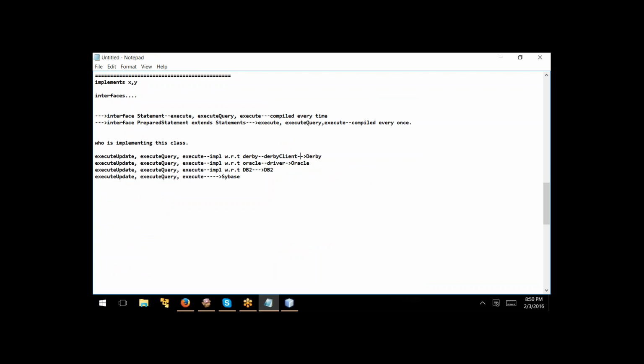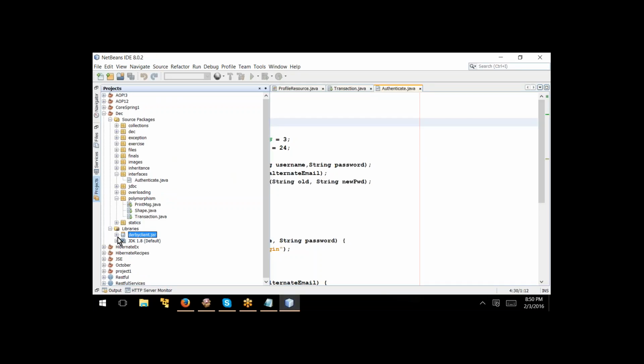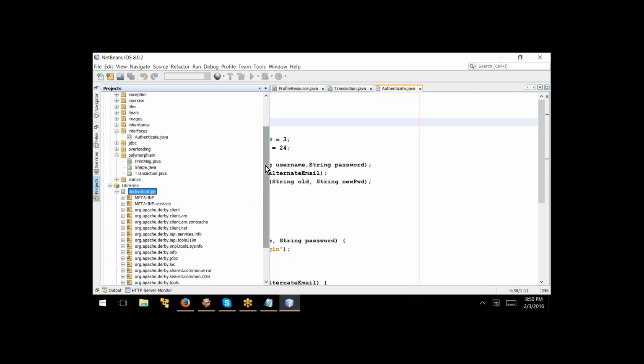So this jar file will actually provide the implementation for Statement, PreparedStatement, and all the rest of the other interfaces. Is this clear? Now this Derby client, if you explore this,